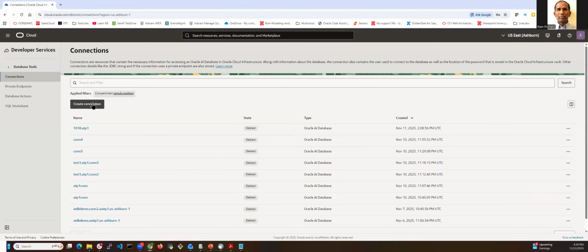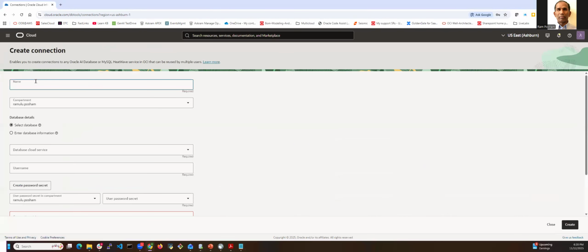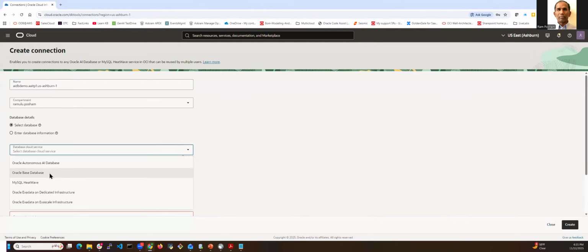So here we go, create a connection. Here you say AI TP1.us hashbar one. So the connection name has got the username. This is my notation to easily follow: username dot the database name dot the actual region. All right. So select the database,